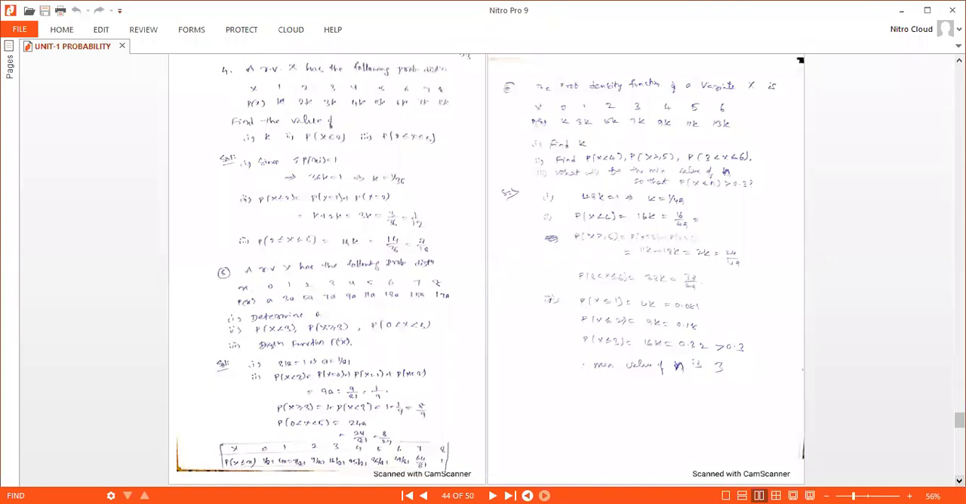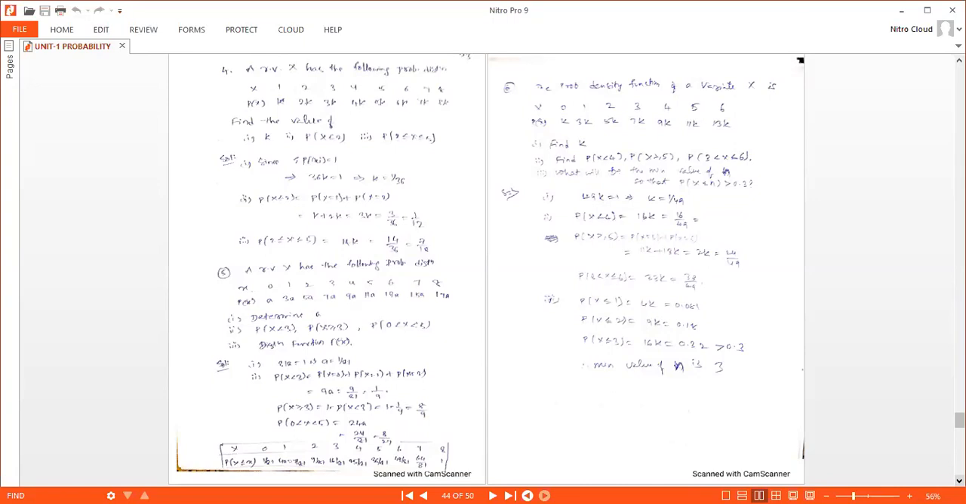and probability of X less than 4, probability of X greater than or equal to 5, probability of X which lies between 3 and 6 including 6, and what will be the minimum value of n so that probability of X less than or equal to n is greater than 0.3. Already we solved this kind of problem, one problem, right? We'll solve this one. So solution,